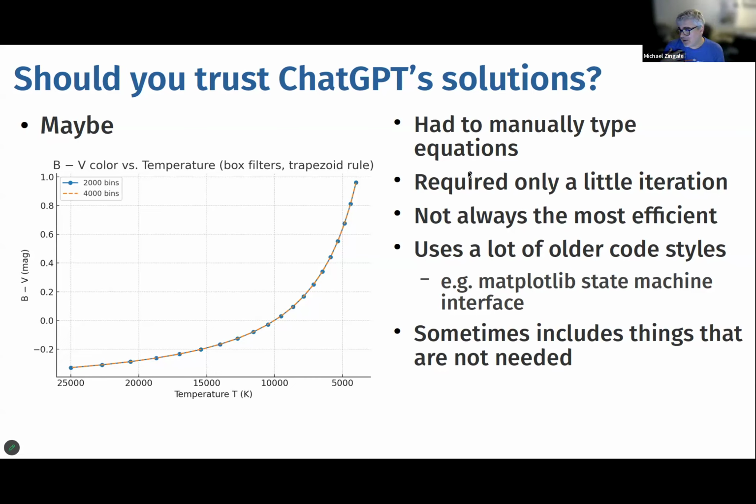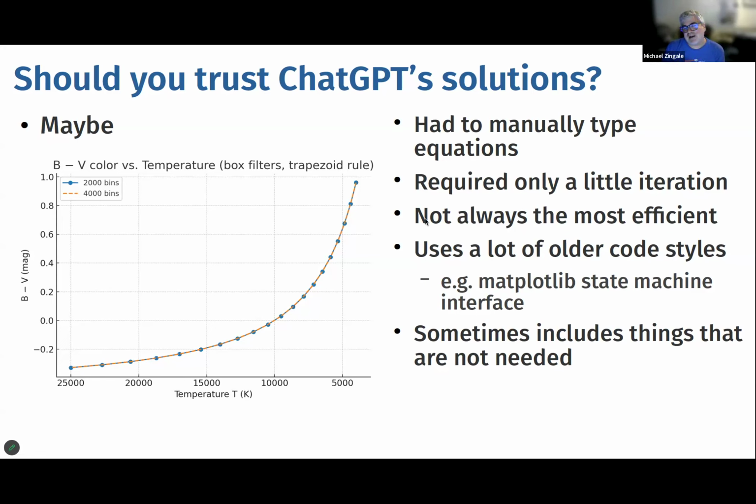I'm not the most savvy AI user. I tried to copy and paste it off of my webpage, the equations don't copy and paste, so I typed those in. There's probably a way to do that. I probably could have just uploaded it or pointed it to the HTML file. I required a little bit of iteration to get it to do what I wanted, but not much. It was like a few prompts. It was seconds of work for the AI.